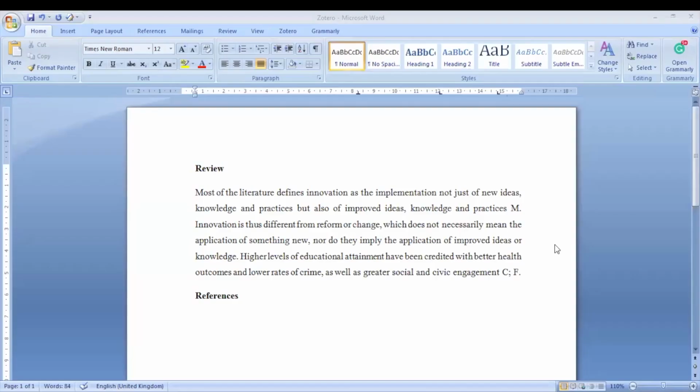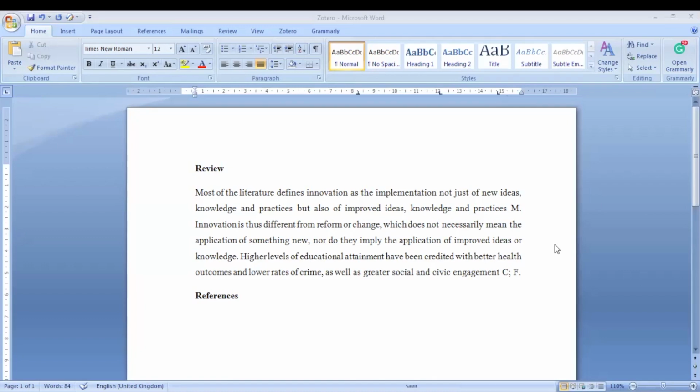All right, so this is my MS Word file in which I have written a paragraph, and in this paragraph I have paraphrased it, and I want to cite the articles which I have earlier downloaded in my Zotero folder.